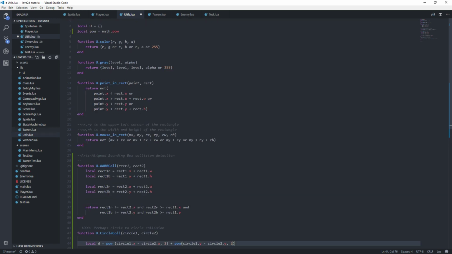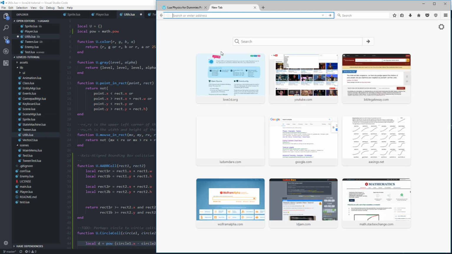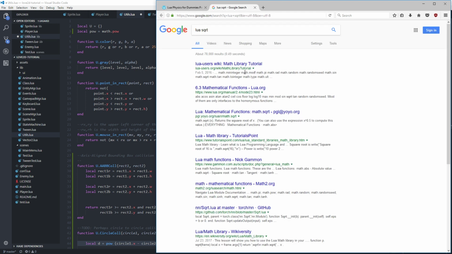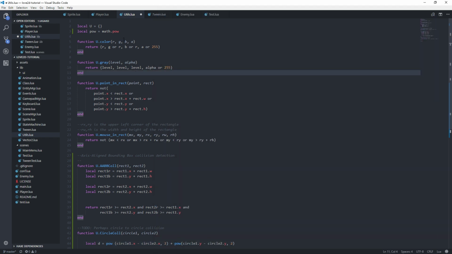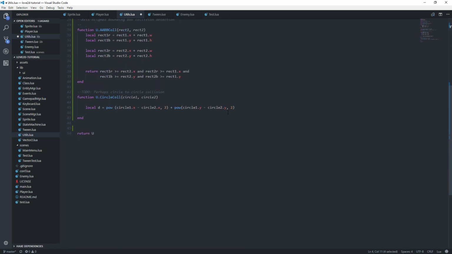And let's see, Lua surely has a square root. Is it SQRT? Most of the time it is. Lua user manual, luausers.org. Look, math.sqrt returns the square root, that's what I want. So let's do math sqrt. And what we want to do is take the square root